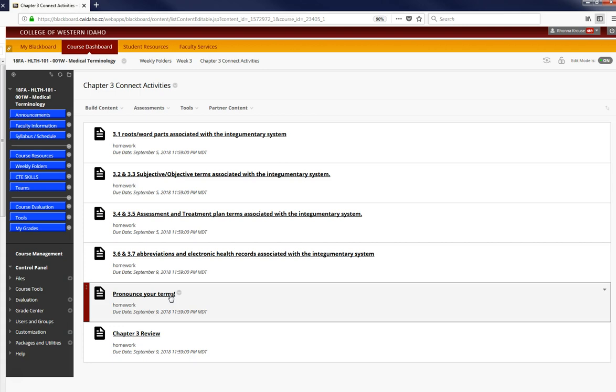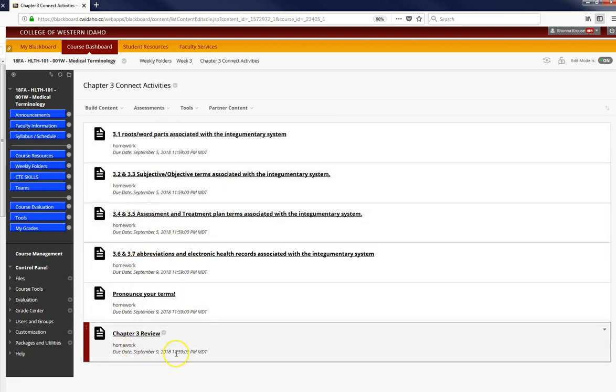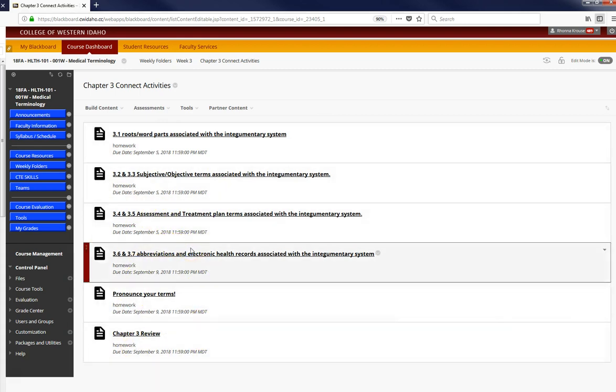So your week is always going to be divided, and you can see here the difference in due dates. And so this will always be the first part of your week on your Connect activities, and this will always be the second part of your week. In addition to that,